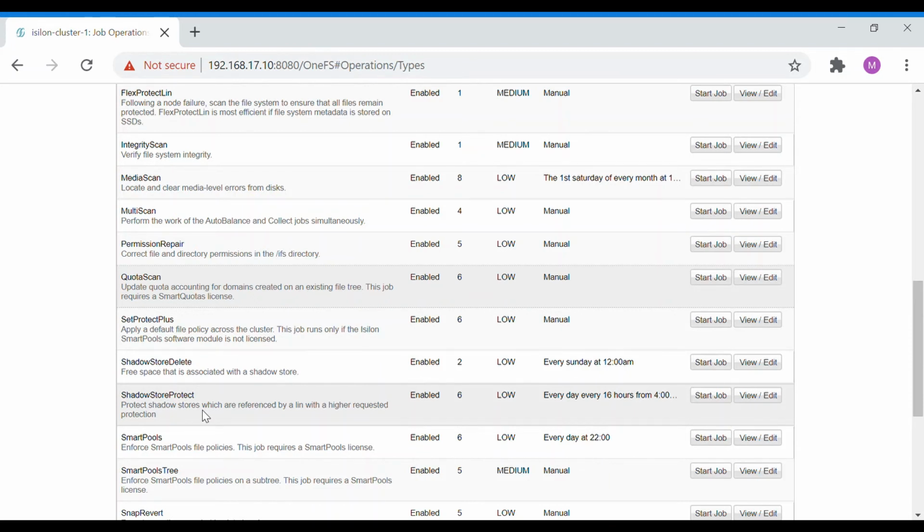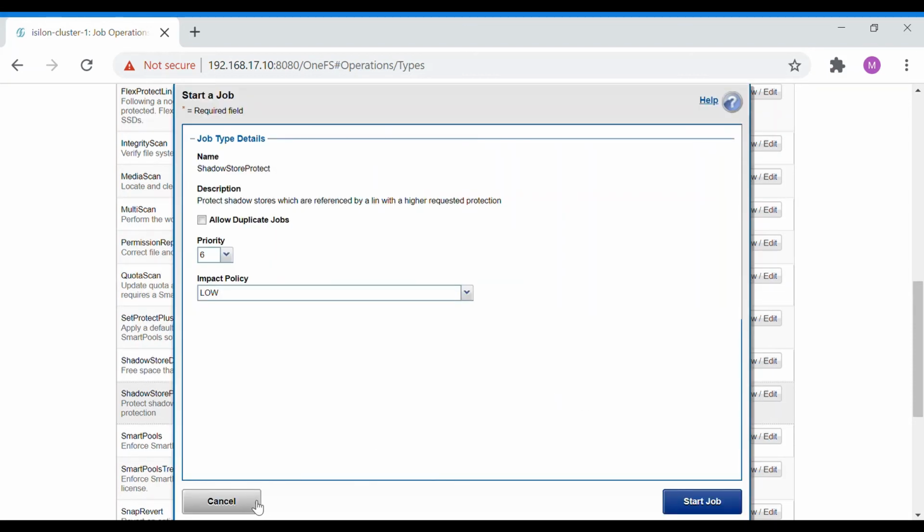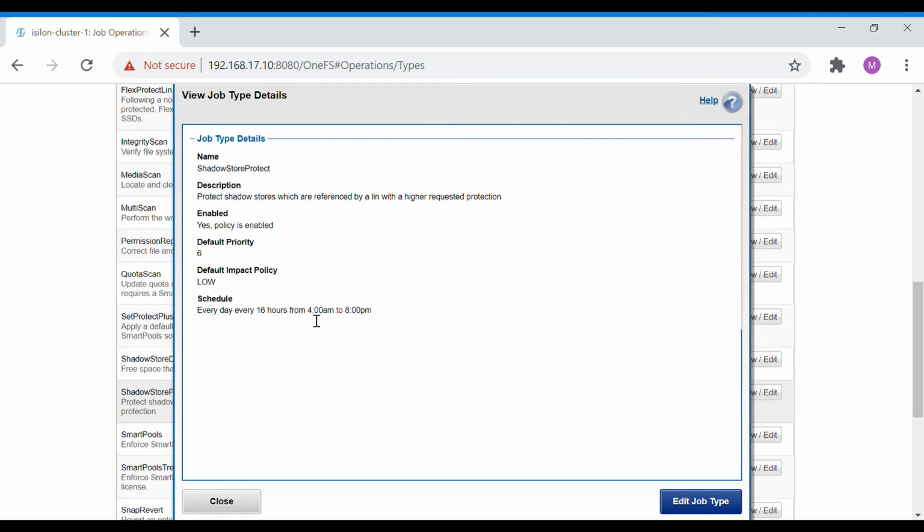So let's say this particular shadow store copy has a reference with one particular file, then that will be saved in a high requested protection. And this has a priority of 6 and impact policy as low. And this job runs every day at 16 hours. So from 4 AM to 8 PM, between this it runs at this particular time. Every 16 hours this will run accordingly.